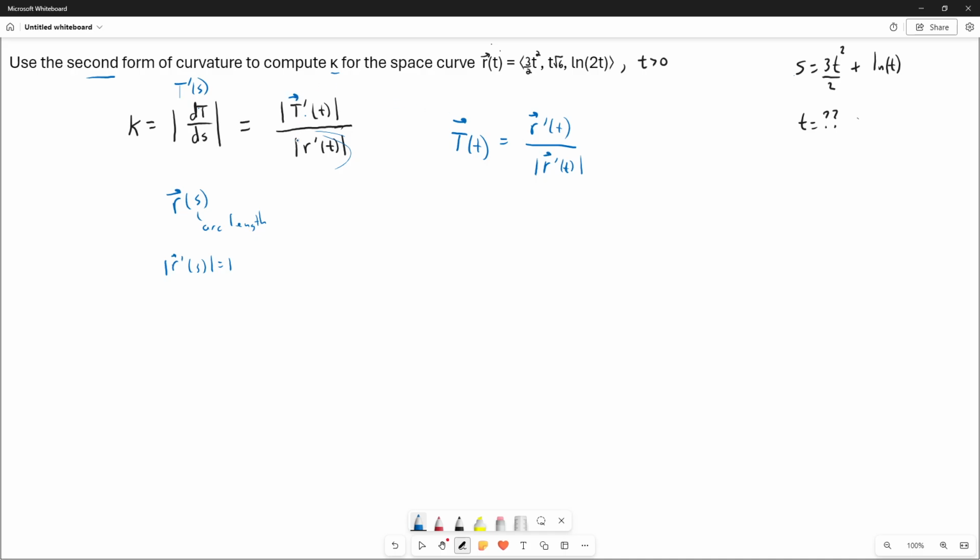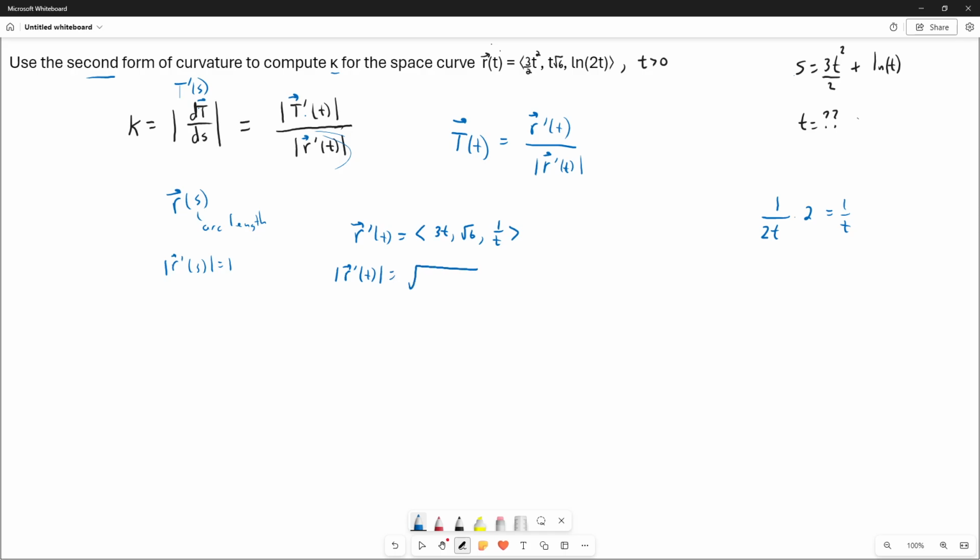and let's calculate r prime of t. So r prime of t, here's r of t. R prime of t is the vector 3t, square root of 6. And then here we have to use the chain rule. For the logarithm, it's going to be 1 over 2t times 2, which is 1 over t. So this is r prime of t, and then the magnitude of r prime of t